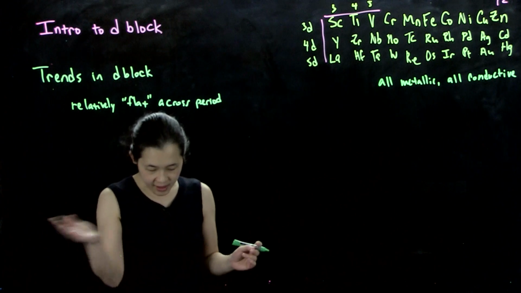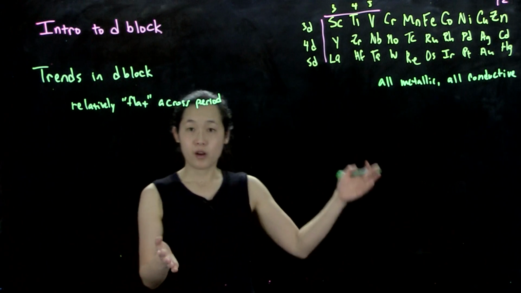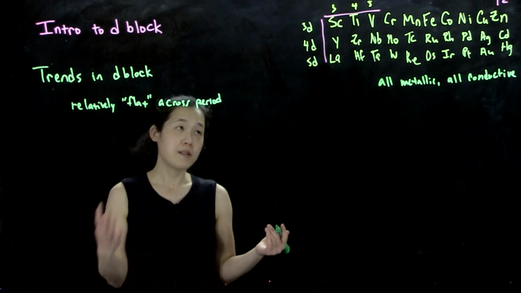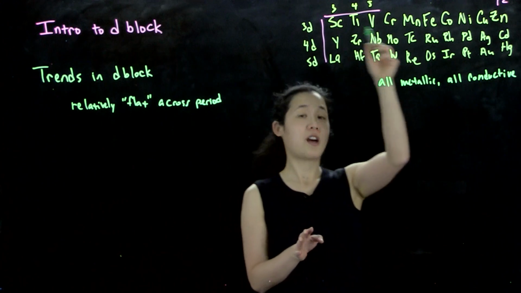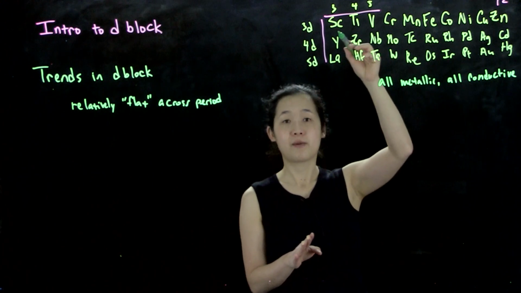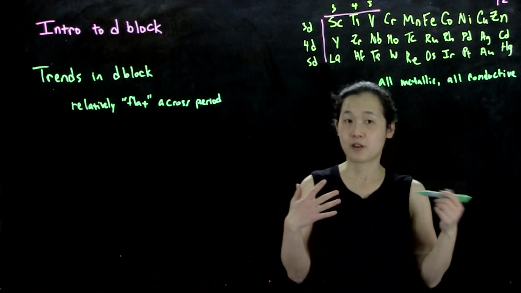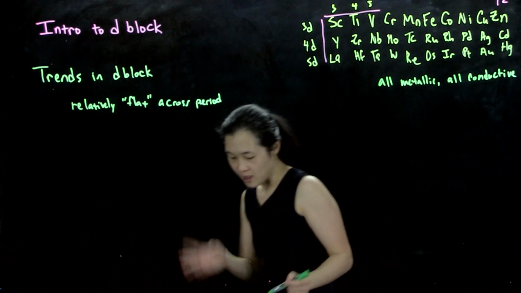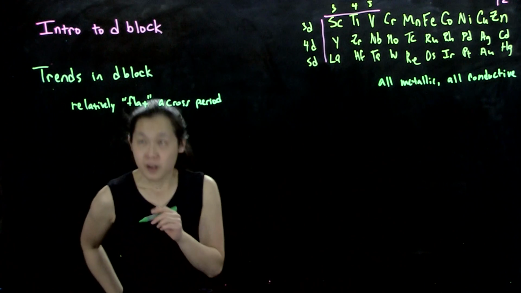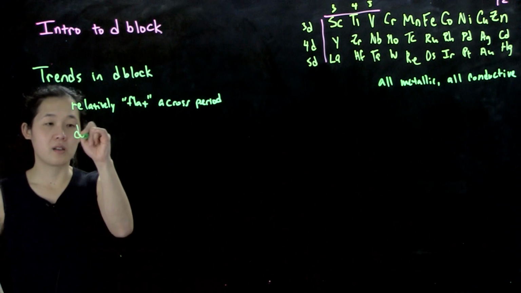So yeah, within the same row, they're all quite similar. There are some differences as you add more electrons, or as you change your Z effective. So as we go across, we get smaller, but then we get bigger because then we have electron-electron repulsion within the D orbitals. But I'll show you a slide of that. OK, so down the group,